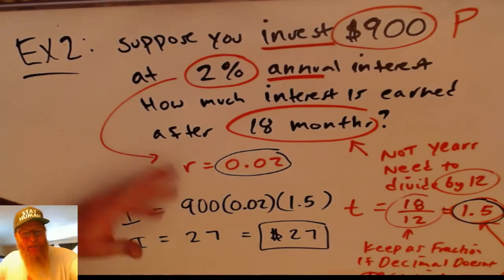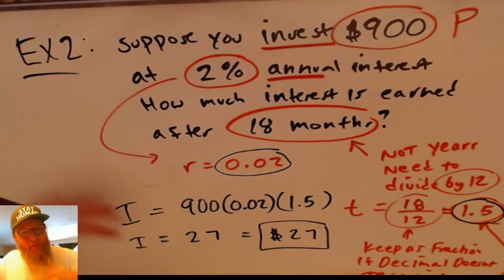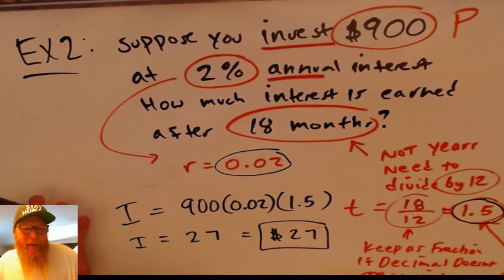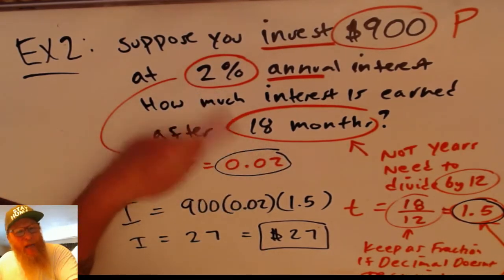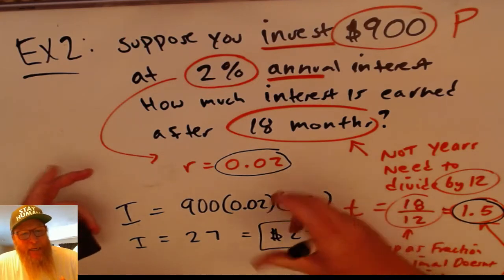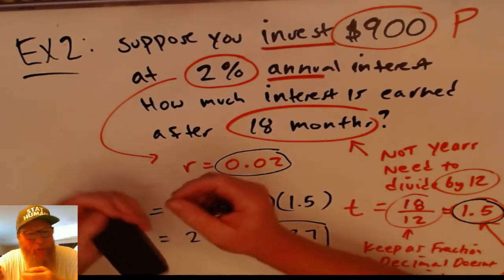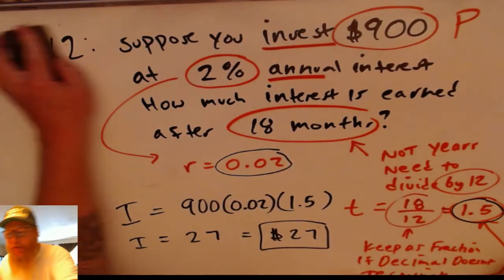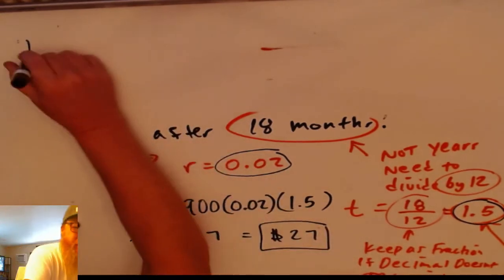Now, sometimes you can flip this around. Suppose you already know how much interest you're getting, but you don't know something else. You don't know the time, or you don't know the rate or something. So I'm going to do the same thing I do with all of these application problems. I set up the basic recipe, and then I sort of mess around with the unknown values and maybe have you solve for something that we didn't solve for last time. So